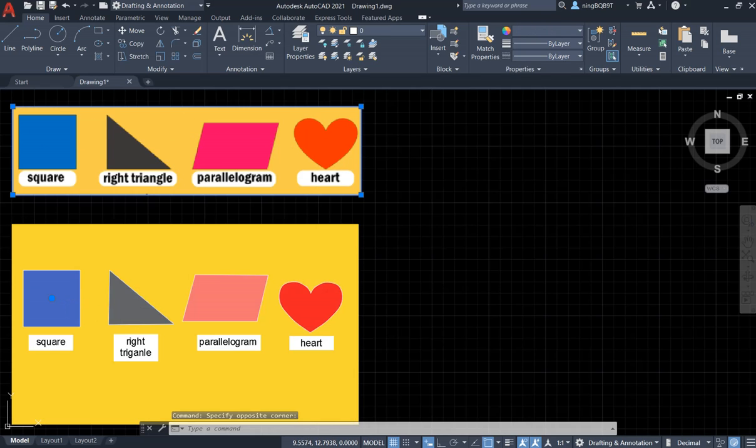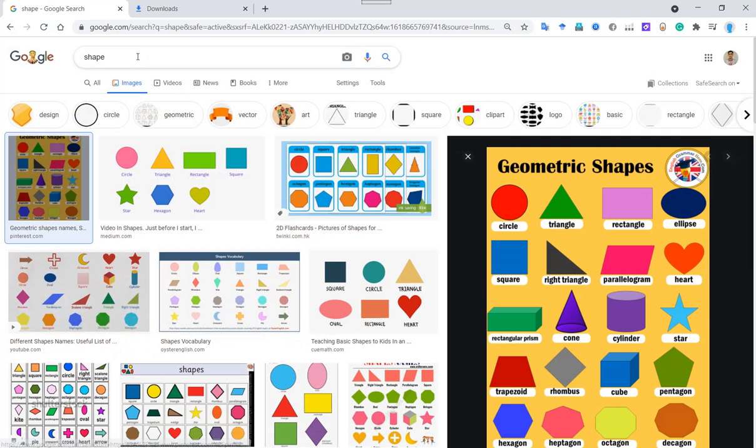Here are the shapes that I have drawn in AutoCAD. So I draw the shape. I also add the text. So I also add the background to make sure that the shapes that I draw are almost the same in the picture. So the picture, if you want to find it, you can go to the Google search, and here